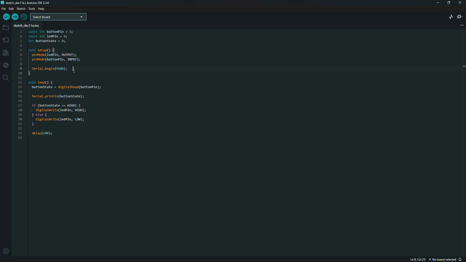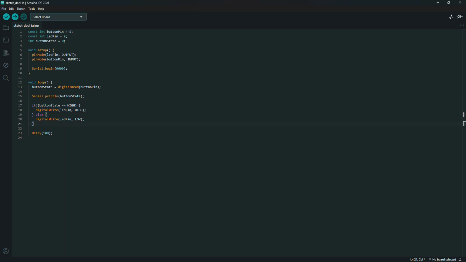So next, the serial, we set the serial monitor at 9600 rate, and then we have another function called loop. So here is to read the button input, and then we will print the button state, and then here we have a condition.